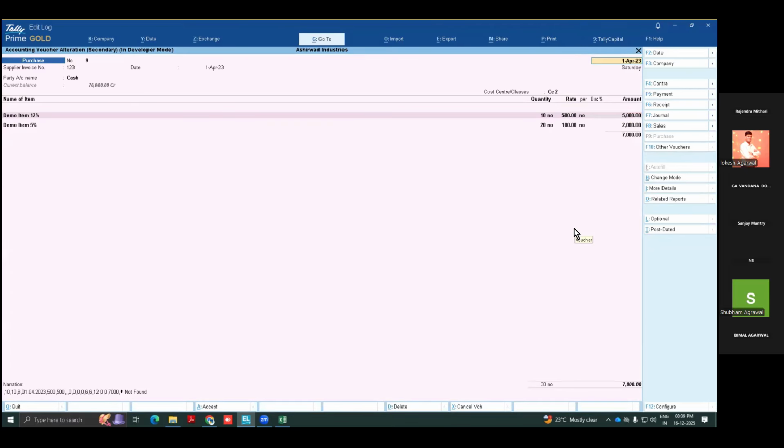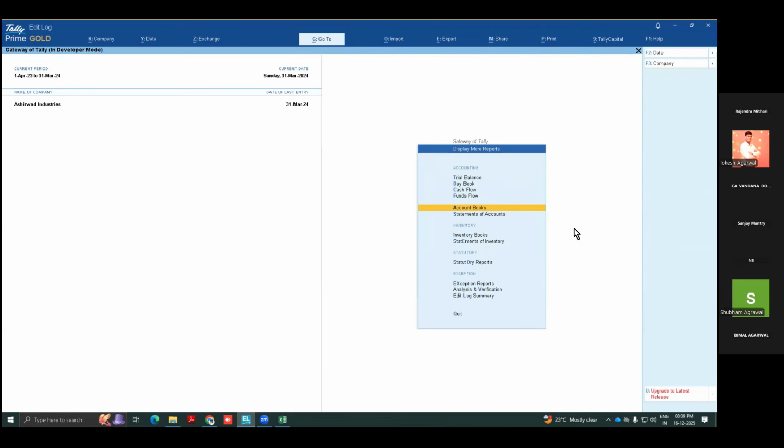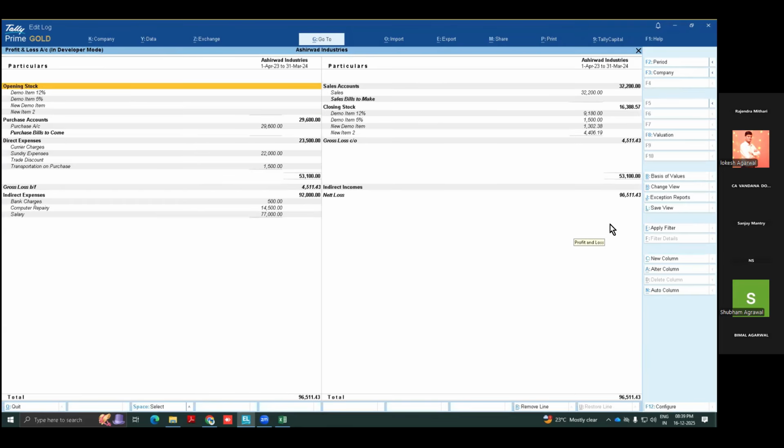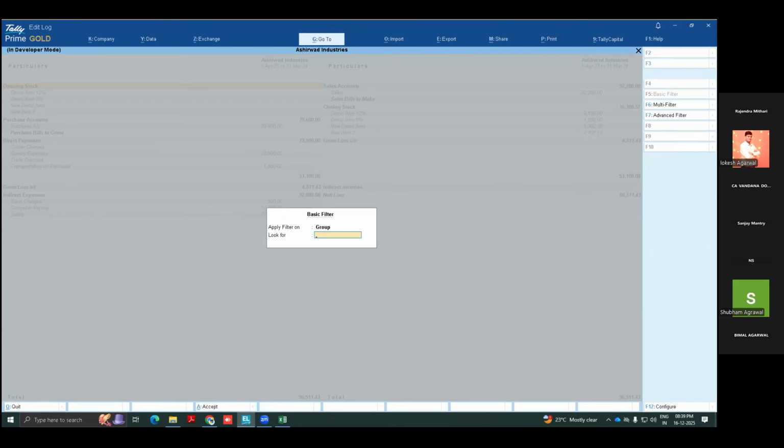Suppose CC1 and CC2 are my two departments. How to segregate? Just open profit and loss account and filter here. Suppose you want 1, 2, and 3 all. Okay, there is another solution, but I will show you the first one. So here I can use apply filter and CC1 group voucher CC-1.